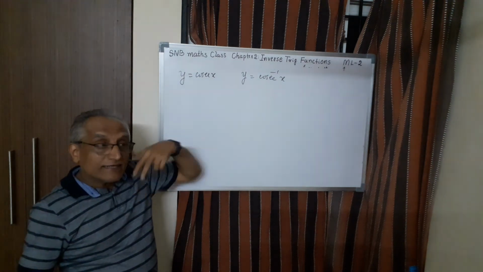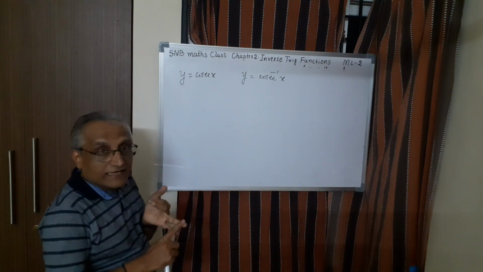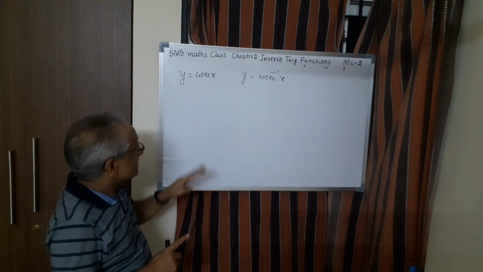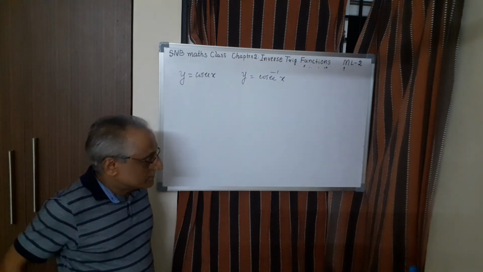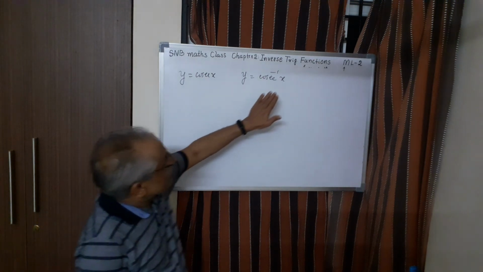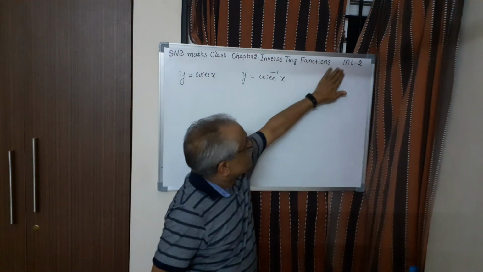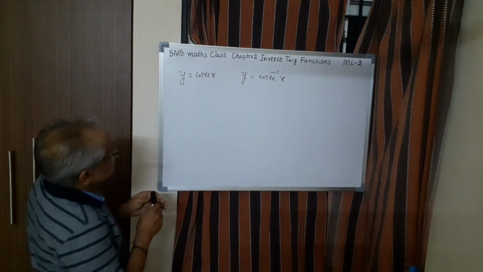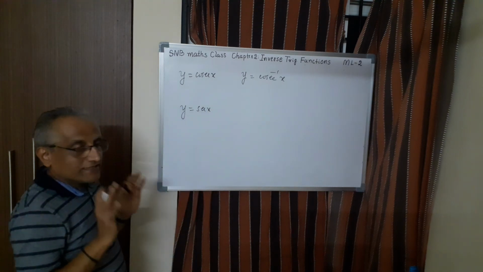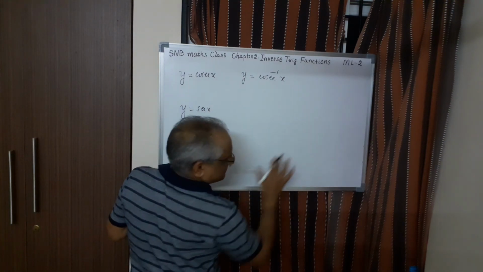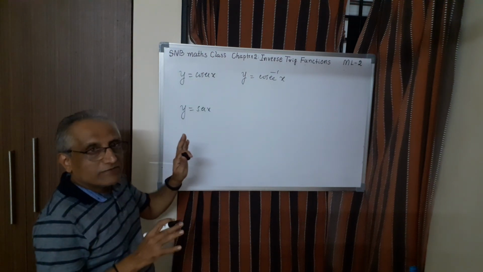What is remaining is secant inverse, since tan is over, and cot inverse is remaining. In the next session we will take them. Let me not mix all 6 inverse trigonometric functions in one class. So I have taken the first 2 in the first session, and the next 2 here. So please revise. Same way, when you take the y equal to secant x graph, the best thing is first you draw the cos graph, then take the remaining above and below for secant. It will be very simple.